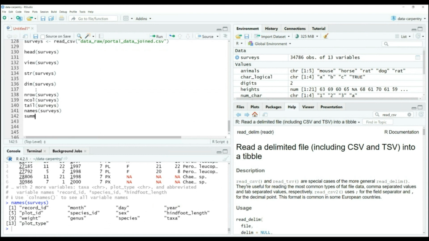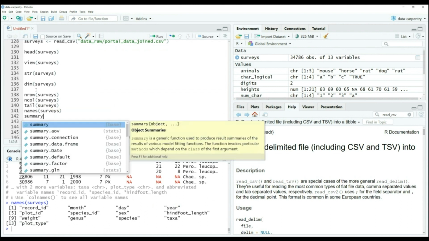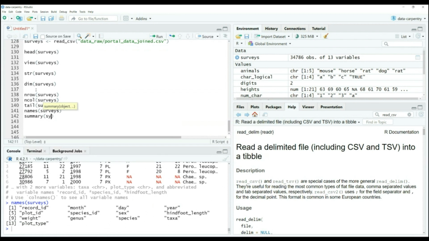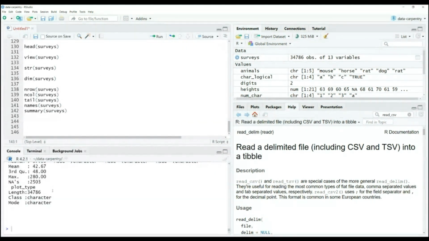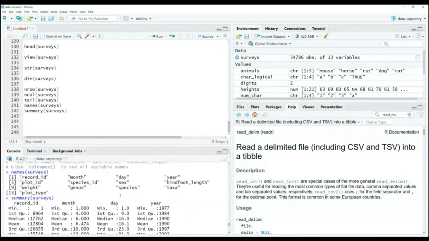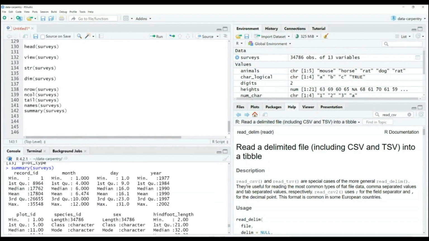There is also an interesting function, summary. Let's see, summary of surveys tells you for each